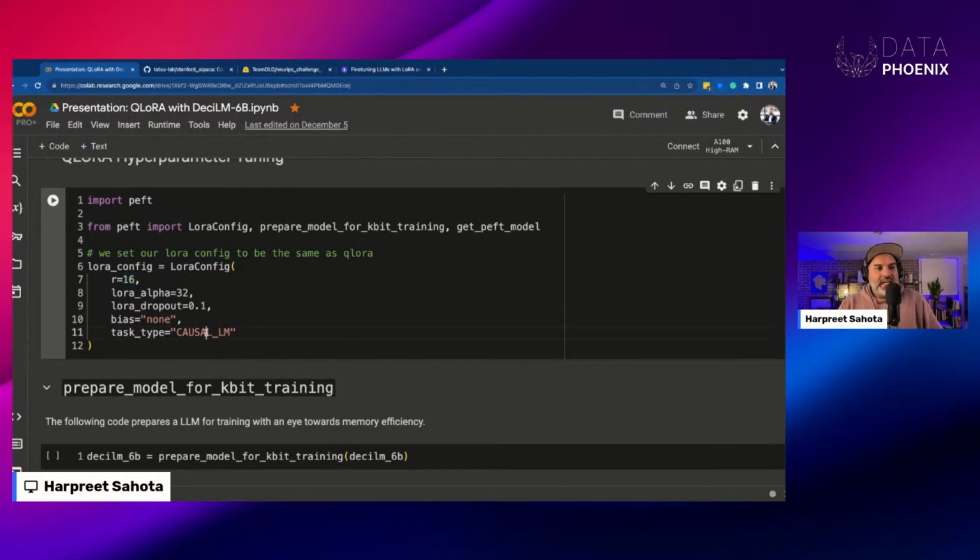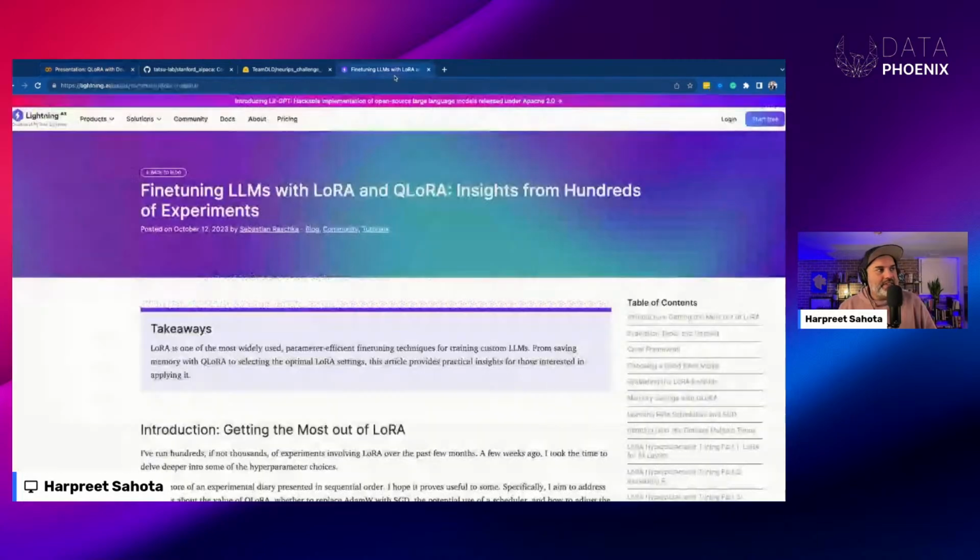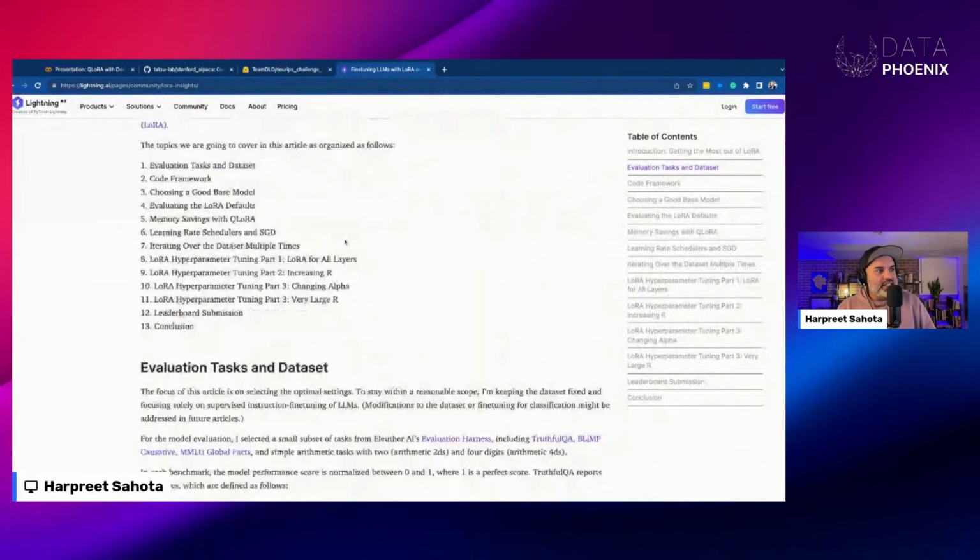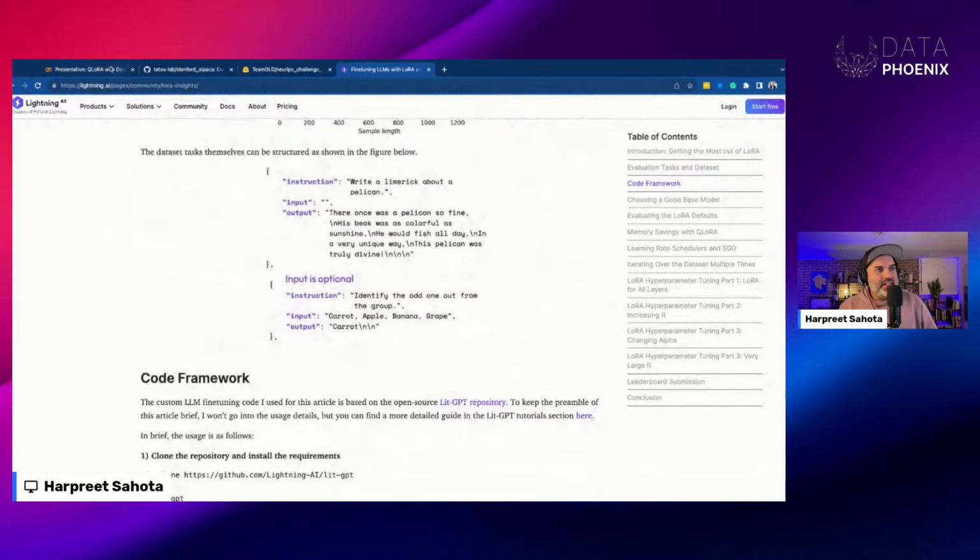model. And then the LoRA dropout here is just the typical dropout rate that you have in neural networks. And so in the paper, they found that setting LoRA dropout to 0.1 for models up to 13 billion parameters is a good choice. And if your model is larger than 13 billion parameters, you want to use a LoRA dropout of 0.05. So definitely check out that blog by Sebastian Raschka. It's a good one. Tons of great experiments and results in there.